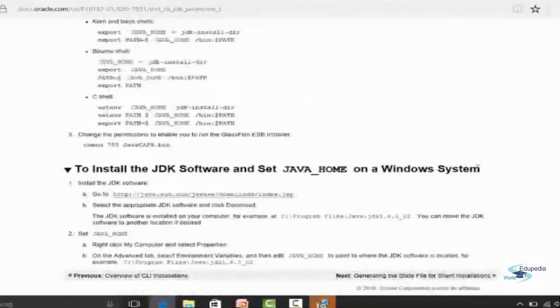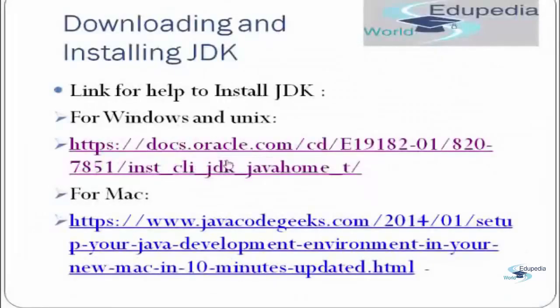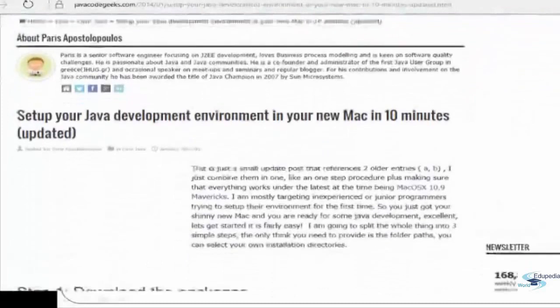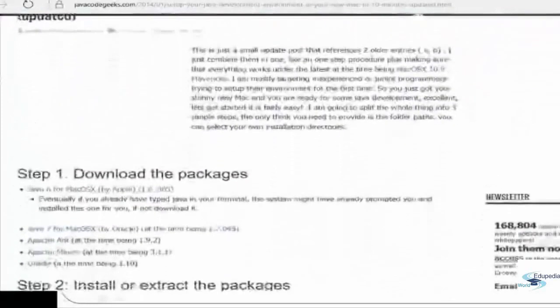And this is for the Windows system. So just click on this link for any help on installation. For Mac, this is a link. I'm going to click on this link also. Over here you can see how you can set up the Java environment on your Mac in 10 minutes.